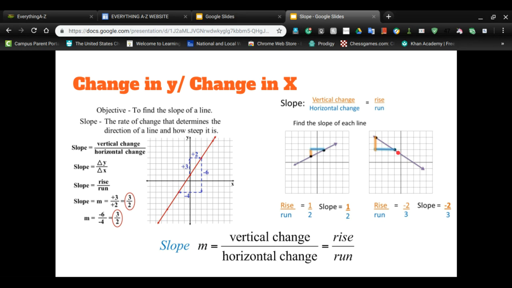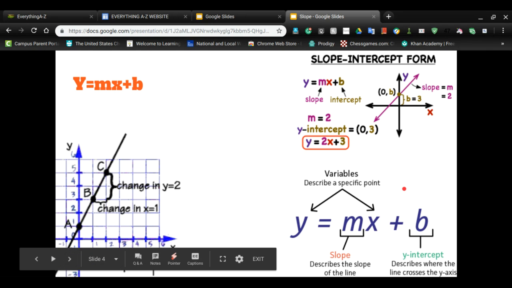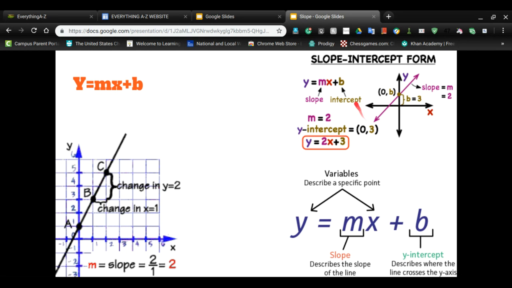So slope m in y equals mx plus b form is equal to the vertical change divided by horizontal change, and also equal to rise divided by run. Now y equals mx plus b is slope-intercept form, and m is the slope, while b is the y-intercept. So in this graph right here, b, being the y-intercept, is 3. Now you're probably wondering, isn't it supposed to be like a coordinate? Well, because x is always 0 on the y-intercept, then b is like a number. You just write down what y is, and usually don't put 0, 3. Actually, you never put that on the equation. So here in this graph, b is equal to 3,